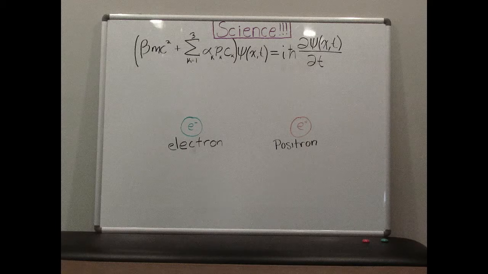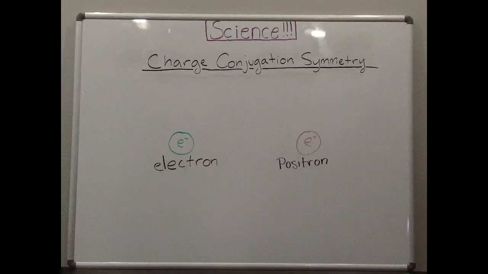In order to explain the existence of antimatter, some symmetries needed to be described. There are three total: charge conjugation symmetry, parity symmetry, and time reversal symmetry. Charge conjugation symmetry is a transformation that switches all particles with their corresponding antiparticles and thus changes the sign of all charges, not only electric charge, but also the charges relevant to other forces. For example, looking at the electron and positron, we see that the electron has a negative charge while the positron